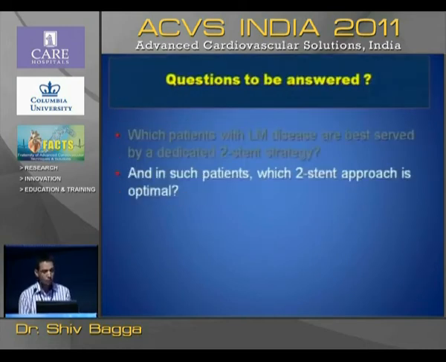The second question was which two-stent approach to choose from. As shown by Dr. Haridas, we really don't have any evidence base on which strategy to choose from. But we do have some pilot studies like the DK crush study which has shown actually that DK crush stenting may be superior to the conventional crush. Although we have data from the Nordic Bifurcation 2 showing superiority of culotte, but the drawback was the final kissing balloon was done lesser in the crush stenting group.